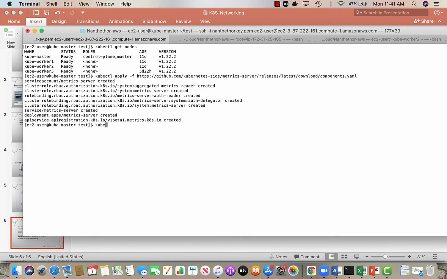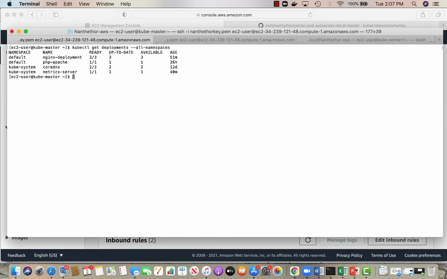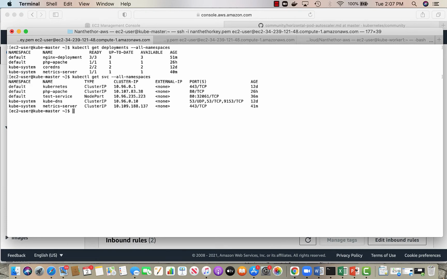So if I do kubectl get deployments, my metrics server is in kube-system, it's one. If I do the service, it will show the service, it's installed properly. And if I do, just to get my horizontal pod autoscaler,